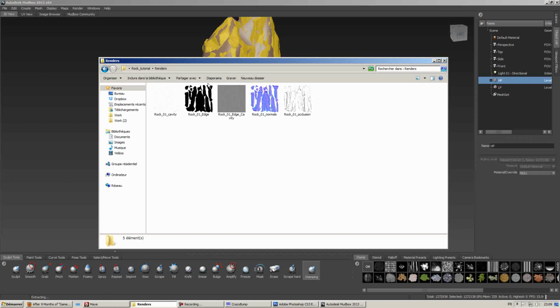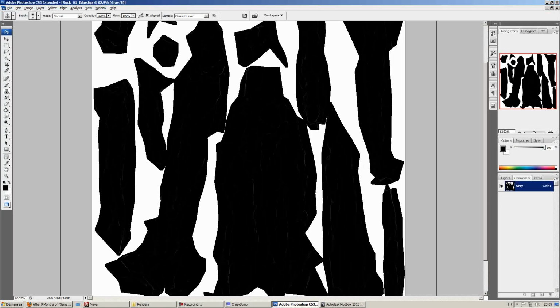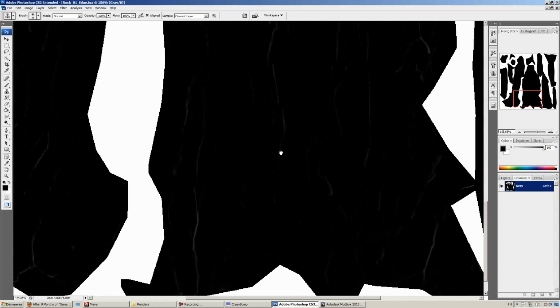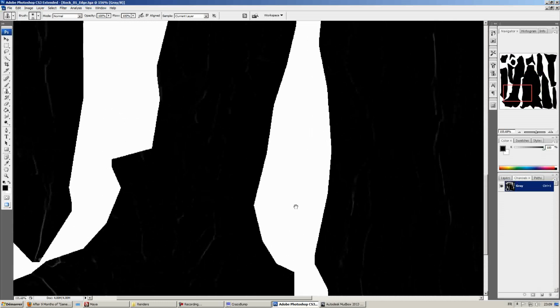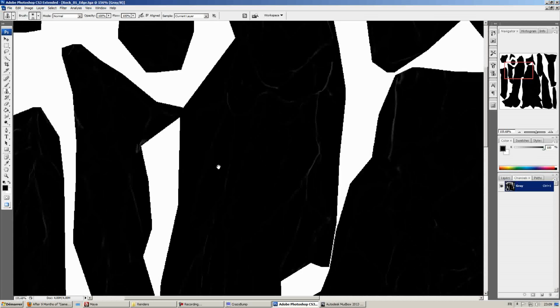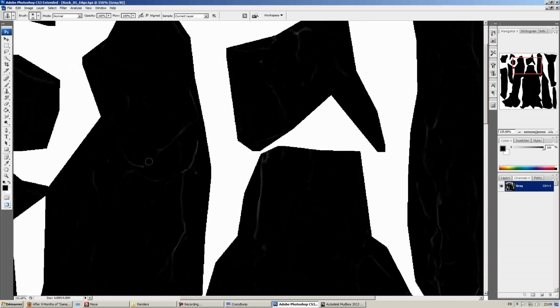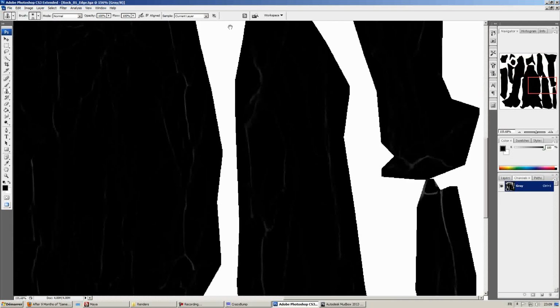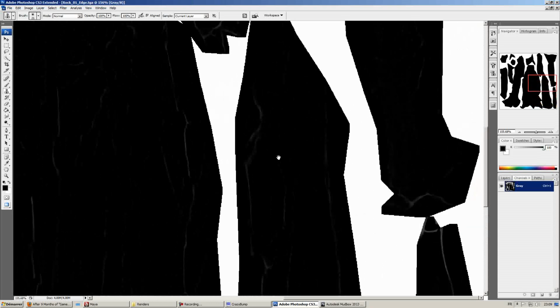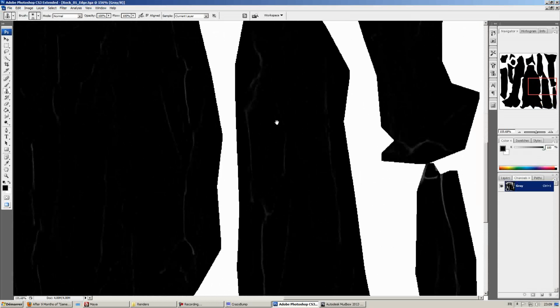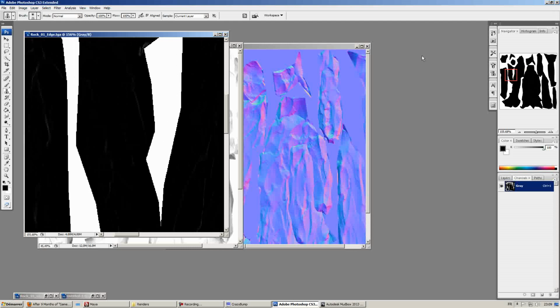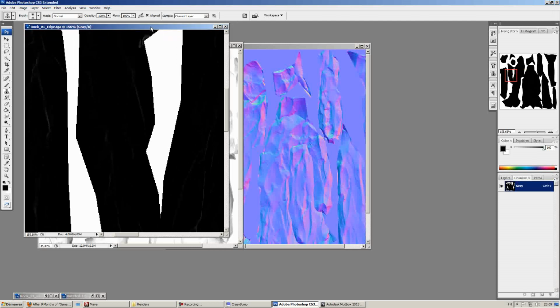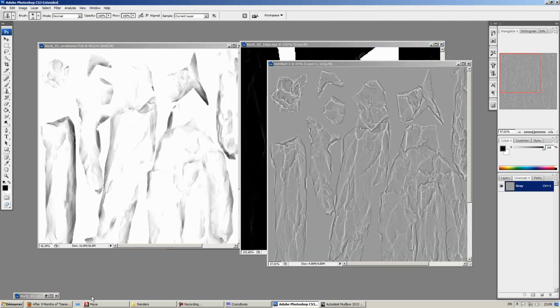We want to check out the texture map that we rendered out from Mudbox. Now if you zoom in, as you can see, it captured only the edges. This will help you emphasize the edges on your rock and give you a nice erosion feel on the texture map. And if we compare the texture map we got from